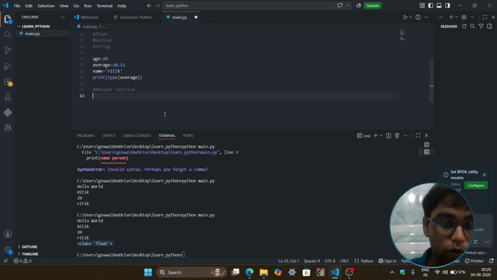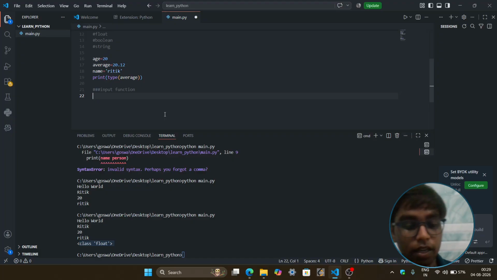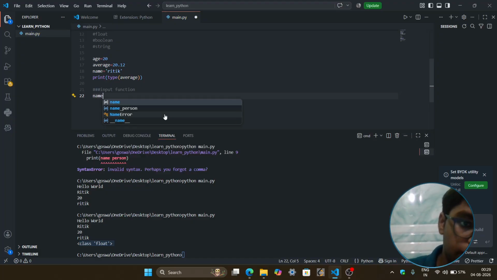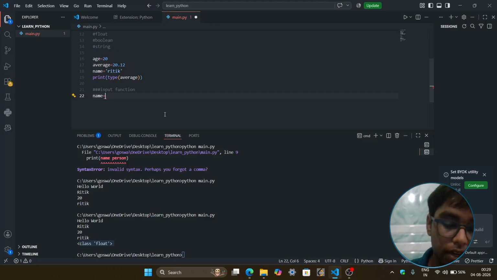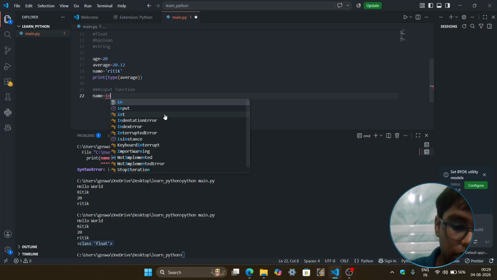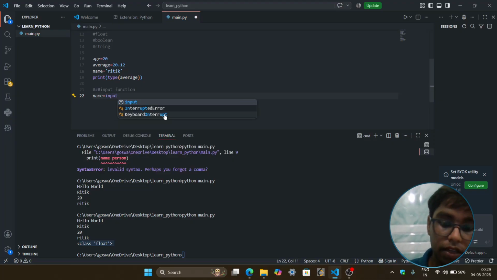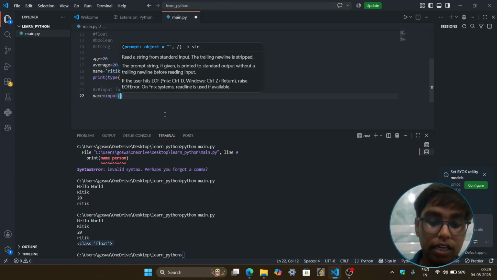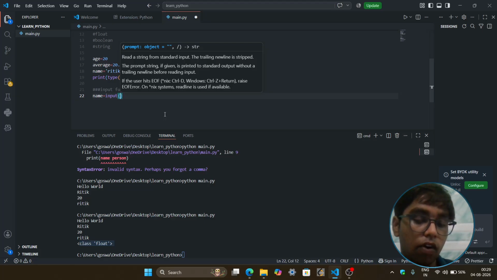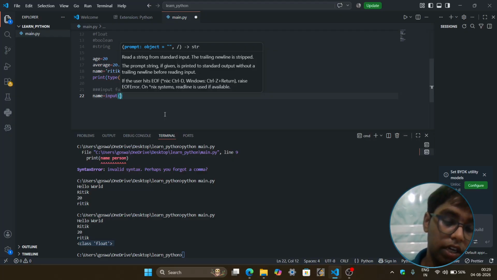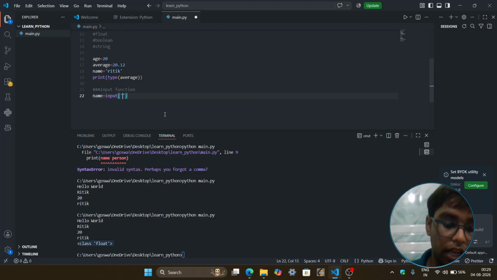If I want to take someone's name, I am firstly going to make a variable name, then type my input function, and inside that we will pass the comment for what we want as our input.